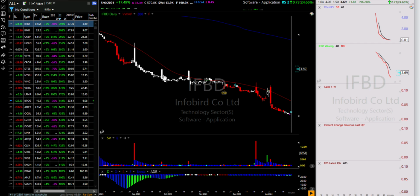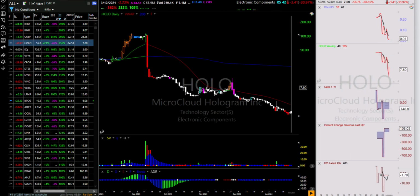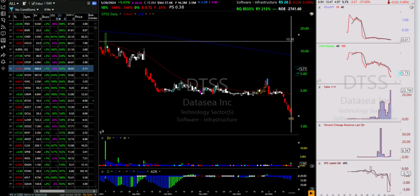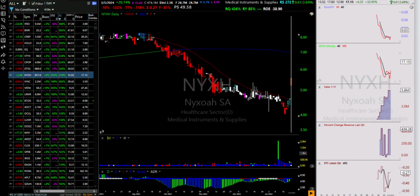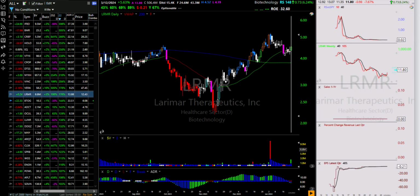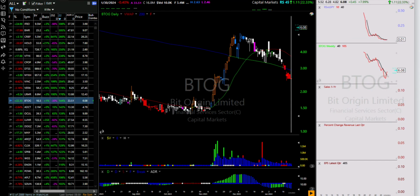All right, so I'm going through and looking at the biggest gainers over the last 22 days, and I'm going to do it a couple different ways, a couple times. This vertical line is marking 22 days ago, and I'm just going to go through these pretty quickly, knowing that this is before these stocks ran 600%, 200%, etc. And just trying to get a mind's eye for that. That's what it's all about, is just developing the